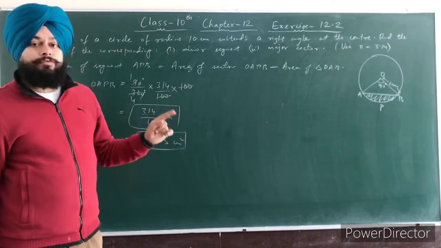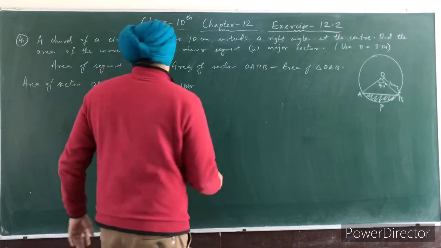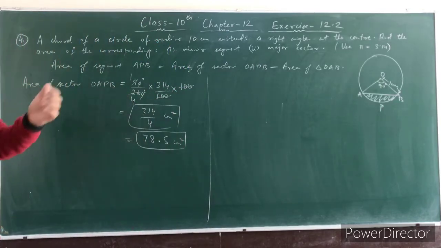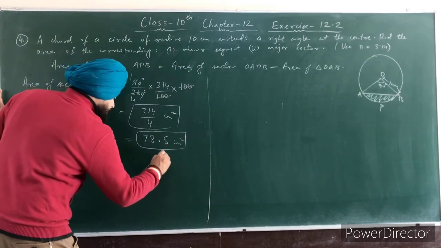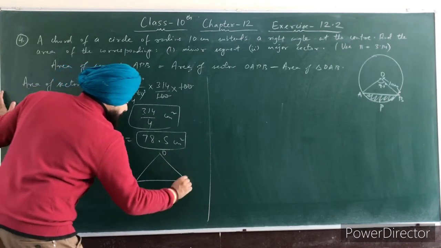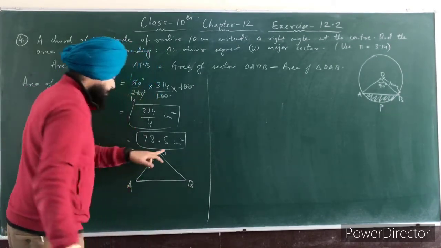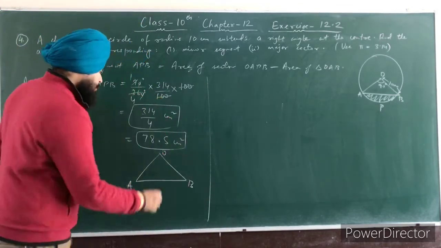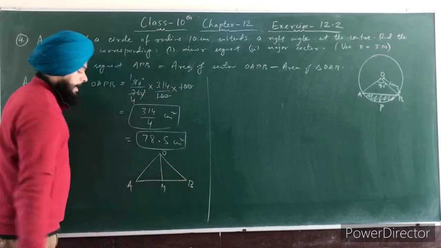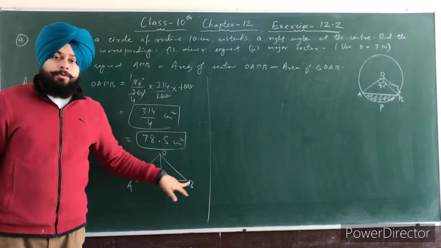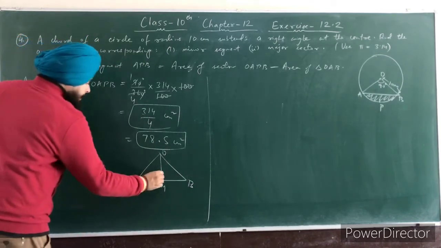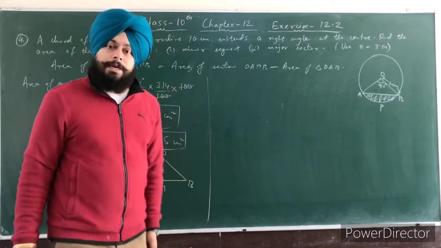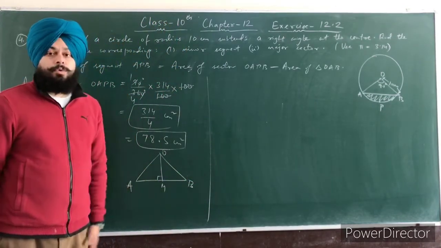Now we will find the area of triangle OAB. So to find the area of triangle OAB, first you can draw triangle OAB separately. After that, taking construction, draw a perpendicular OM to AB. Because we can find the height of this triangle OAB. After that, we can easily find the area of the triangle, that is half base into height. Base is AB and height is OM.